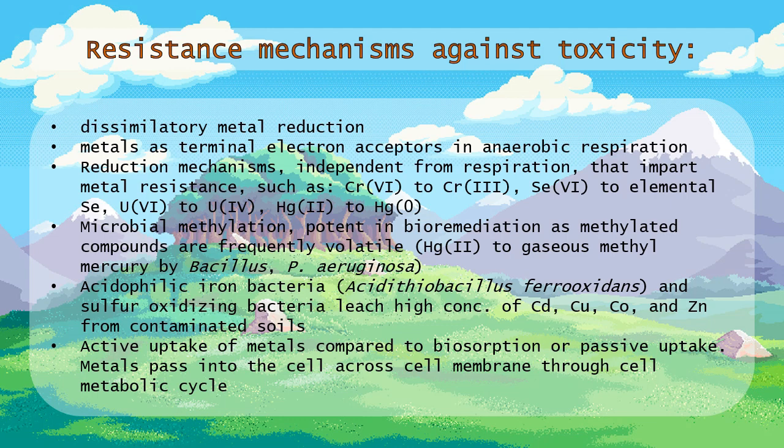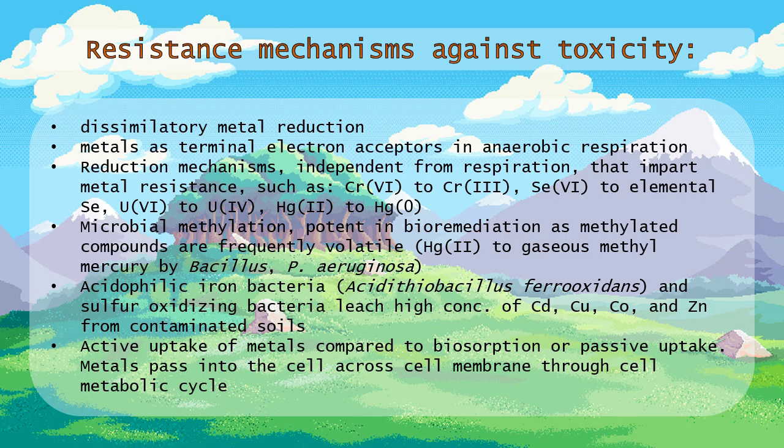Reduction mechanisms independent from respiration that impart metal resistance, such as chromium-6 to chromium-3, selenium-6 to elemental selenium, uranium-6 to uranium-4, mercury-2 to mercury-0. Microbial methylation, potent in bioremediation as methylated compounds are frequently volatile, like mercury-2 to gaseous methylmercury